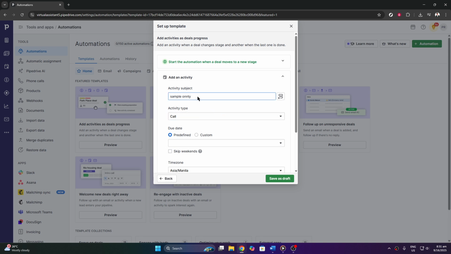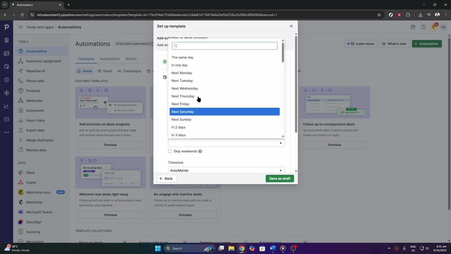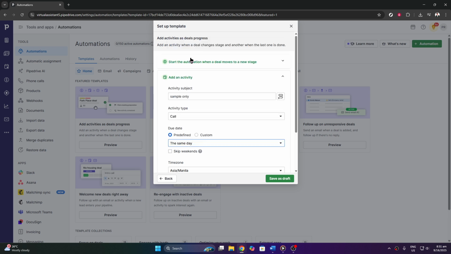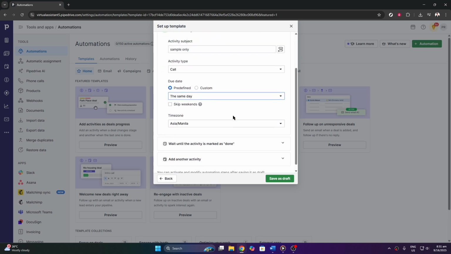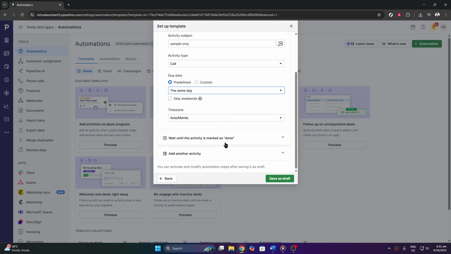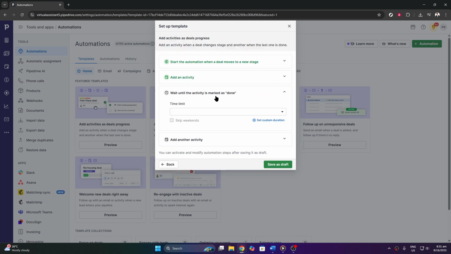Next, hit the Due Date option. Given the nature of automation, it's often helpful to set the due date as the same day, ensuring tasks are handled promptly. Once that's set, click on Wait until the activity is marked as done. This step is crucial as it ensures that the pipeline waits for an activity to be completed before moving on